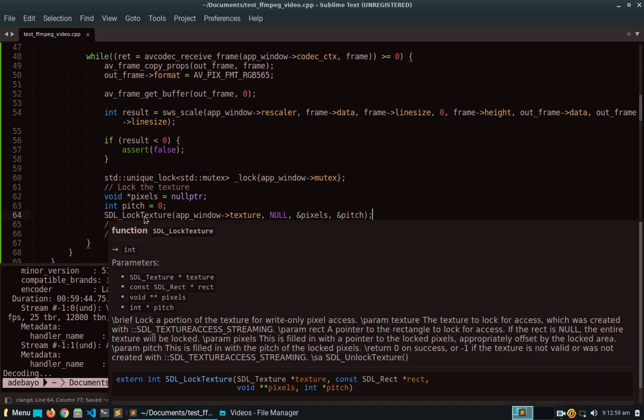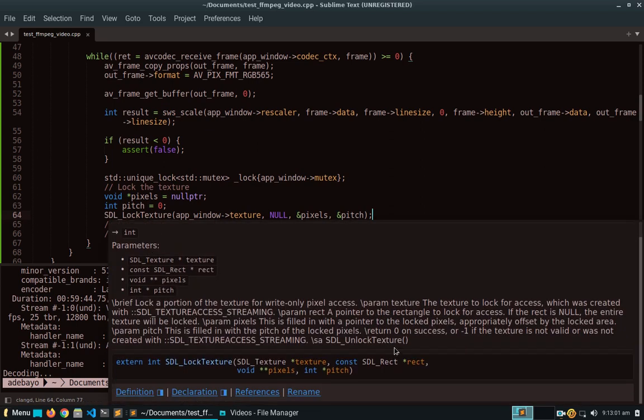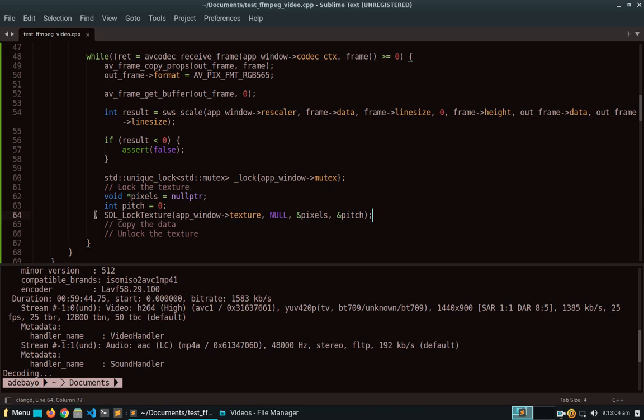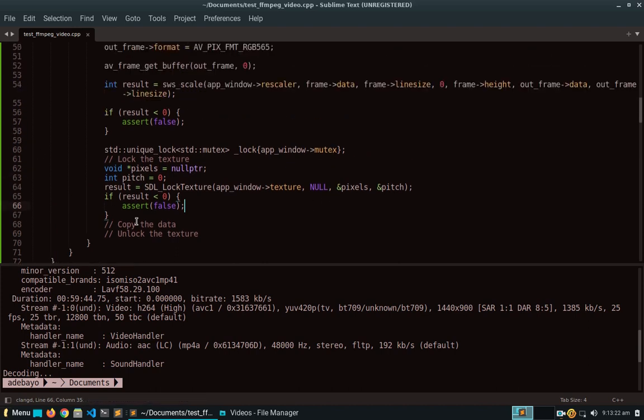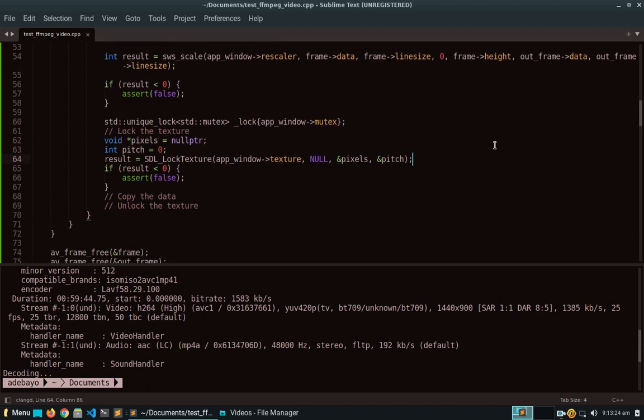Now SDL_LockTexture should return an integer to determine whether it was successful. So we could check if we want and say if result is less than 0, then I'm just going to assert false again, just to make sure that the line is printed out here. So instead of using abort, I could just use assert false. Anyway, I think that is pretty much it. So now we have to copy the data, and